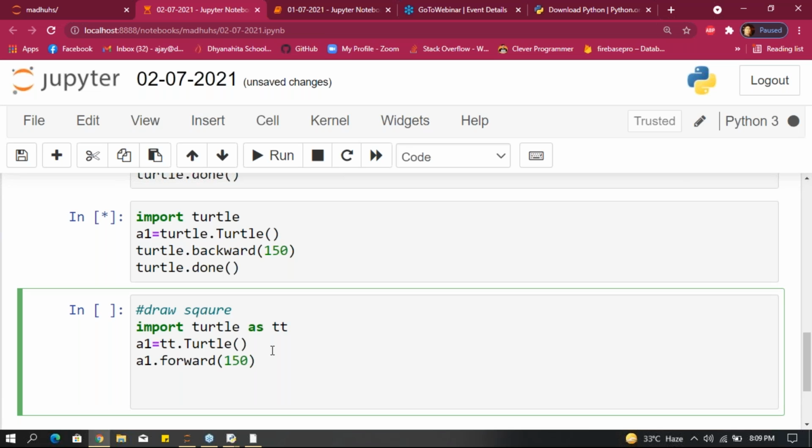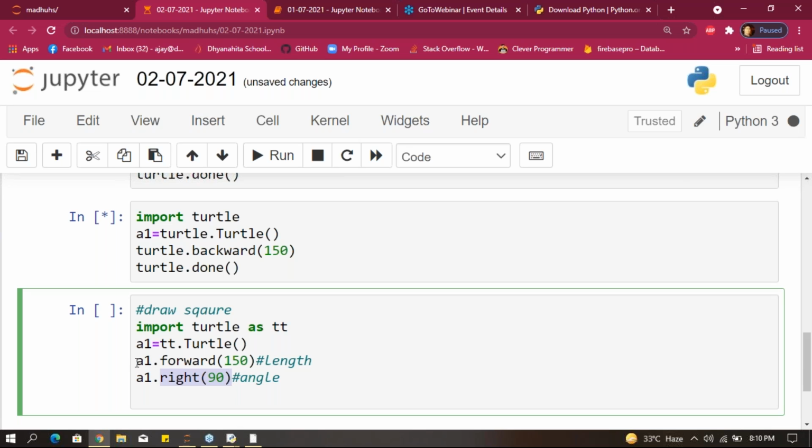And a1 dot right, 90 degrees. Forward gives the length. Right gives the angle.